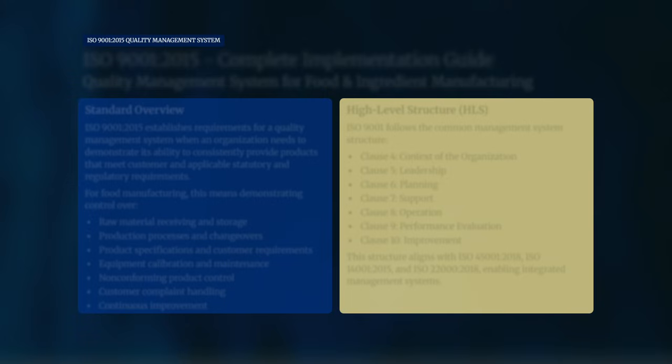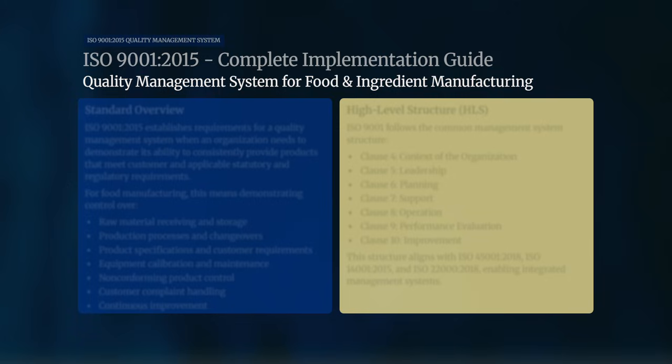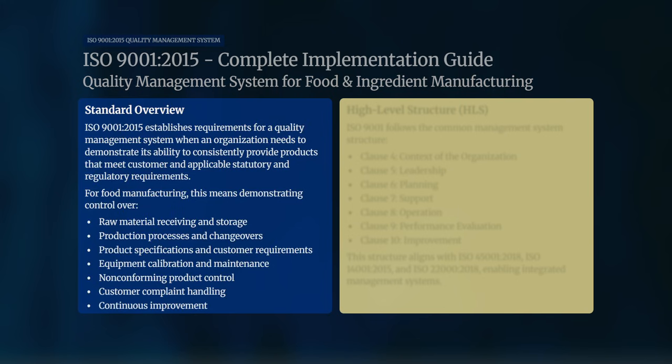All right, now let's start with the quality standard, ISO 9001:2015 quality management system. Let's start with the first standard. The complete implementation for ISO 9001:2015 quality management system for food and ingredient manufacturing. For a standard overview, ISO 9001:2015 establishes requirements for a quality management system